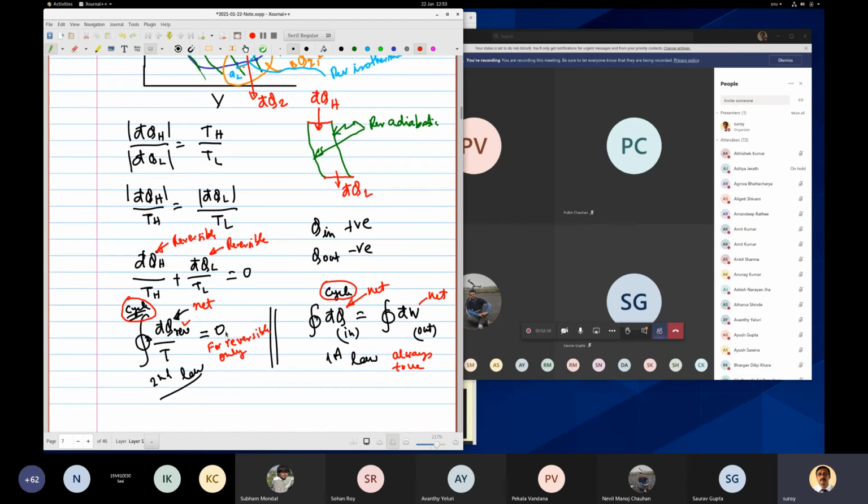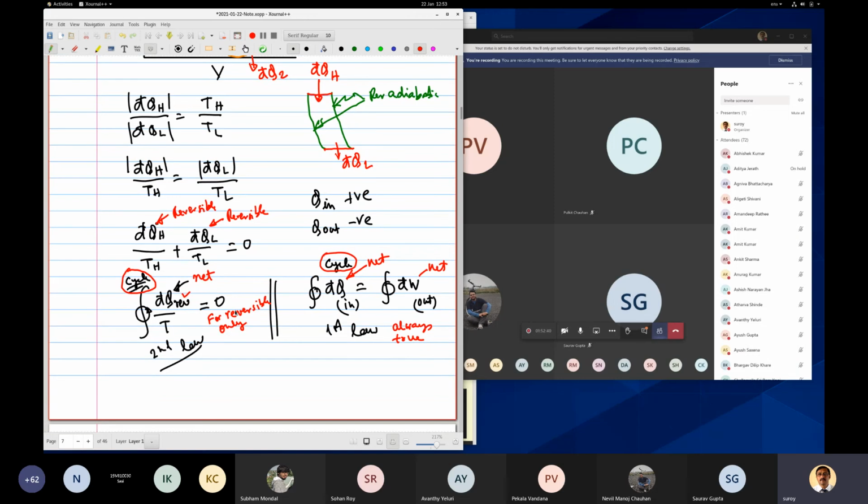So if that is the case, if you have opposite sign between heat coming into the system and heat going out of the system, we use opposite signs. Then if you take this integral for a cycle, because I told you the cyclic process we have divided into several Carnot cycles, so here this minus this, if you take the appropriate temperature, it will be 0. Like that, if you add all of them up in a cycle, it will become 0.